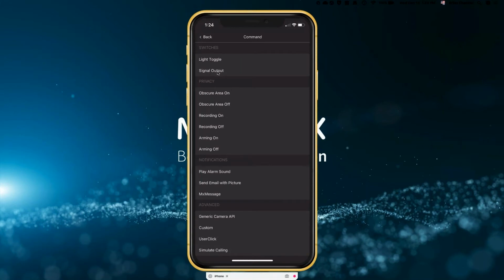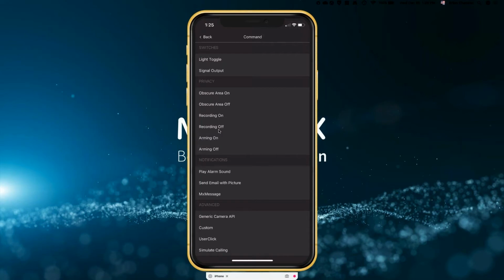And again, this is switch type stuff, signal and output. And then here's some privacy options for the particular camera that you have that soft button on. So we could obscure an area. Obscure simply means, if you don't know, taking an area of the image and basically putting a foggy shower door in front of it. It manipulates the image. You can tell there's some movement behind it, but you can't identify it. But you can still see there's something behind that obscured area.